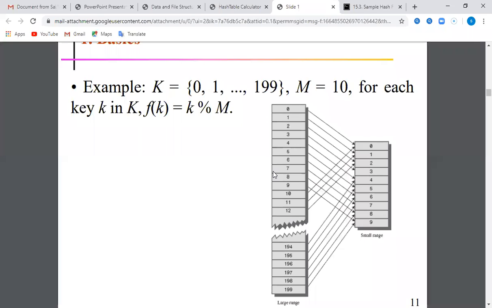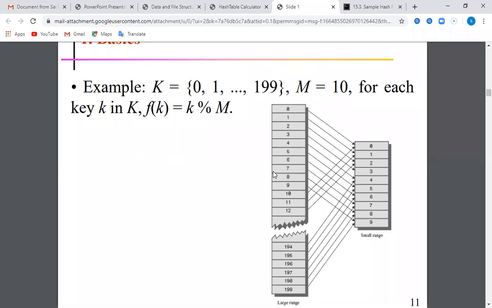What is the maximum size of the hash table here? You are confusing. K means keys. M means the maximum size of the hash table.